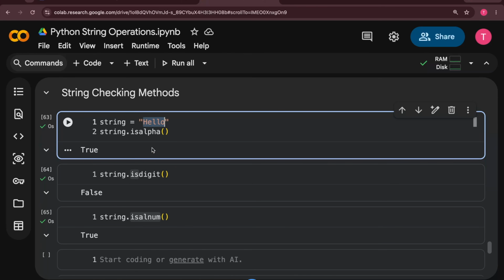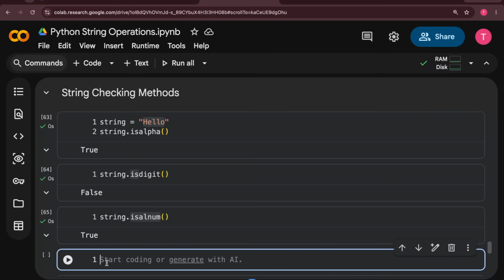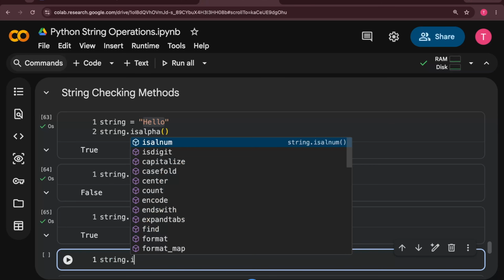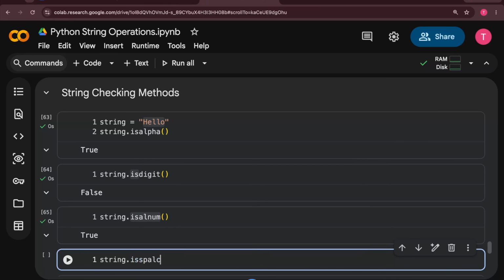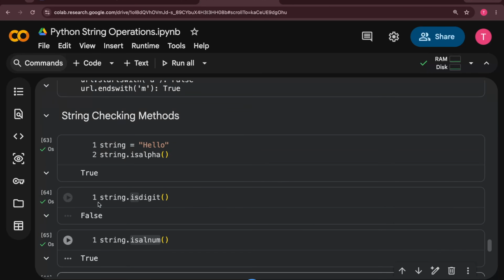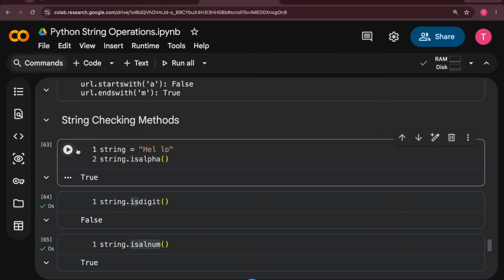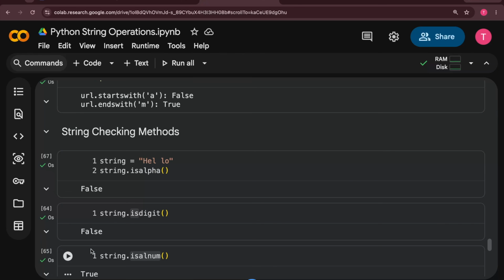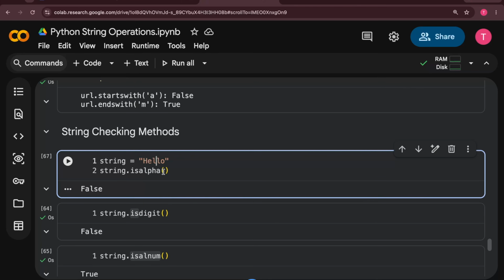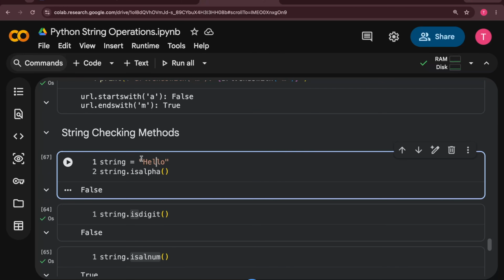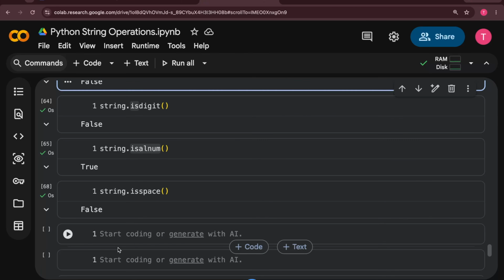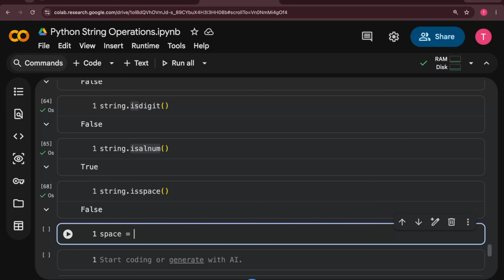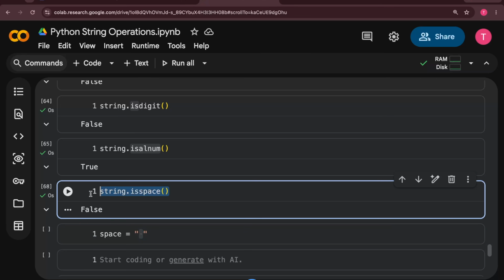Okay. Then string dot isspace. It will say false because I do not have any space in my string. If I call this again, I still get false. Why? It expects that the entire string would be a space. So let's say I'm creating a new variable, space, equal to a space. This is one empty string which is a space string. Now if I check this method now,